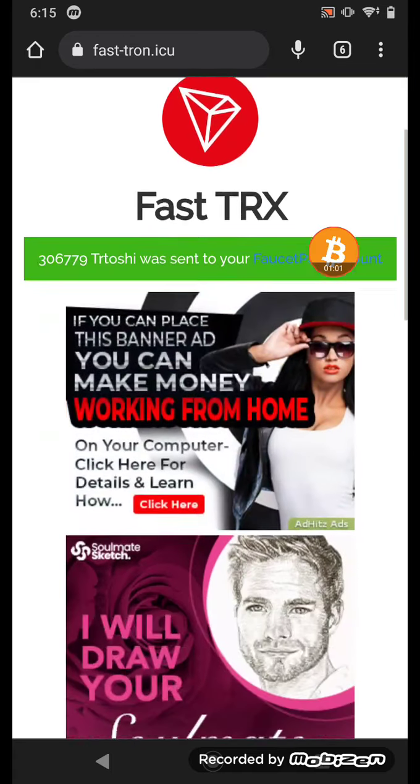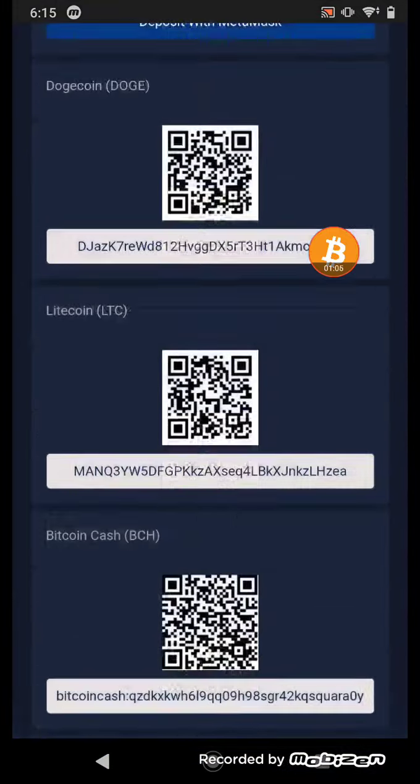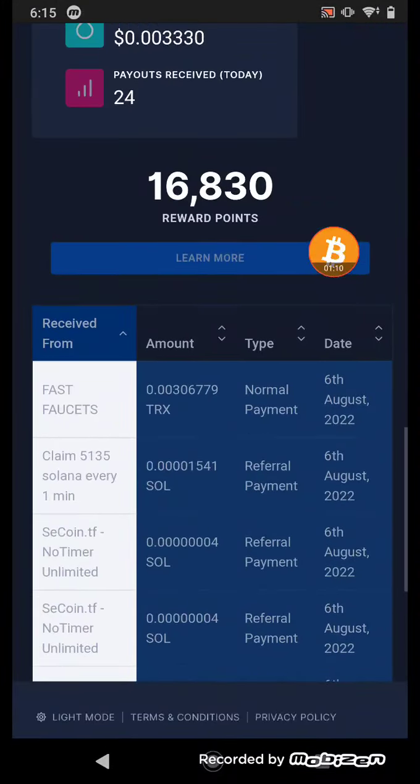Wait a few seconds, and you can see this website pay me my Satoshi instantly to my FaucetPay. I go to my FaucetPay, go to overview, I come down, and in here you can see I received my Tron instantly to my